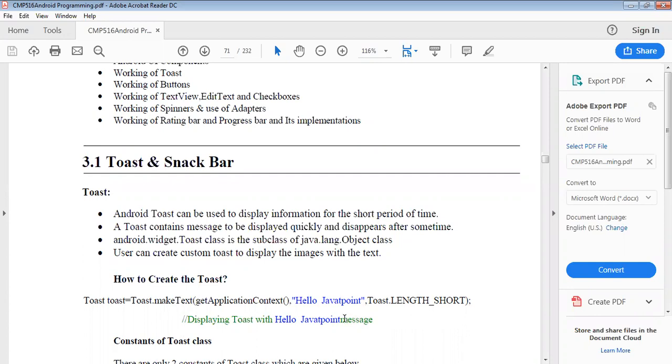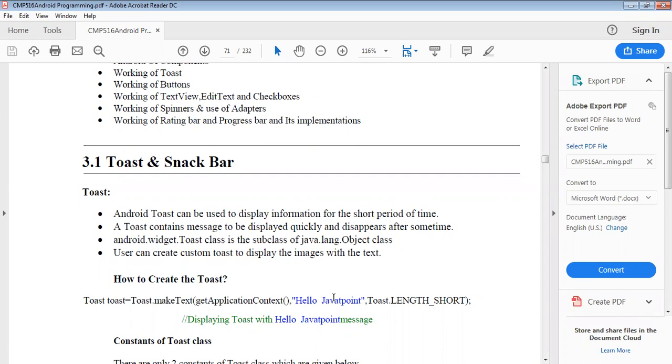Then what is the actual purpose of that toast class? That toast class provides a simple pop-up message, means that is displayed on the current activity in our user interface screen. For example, our main activity.